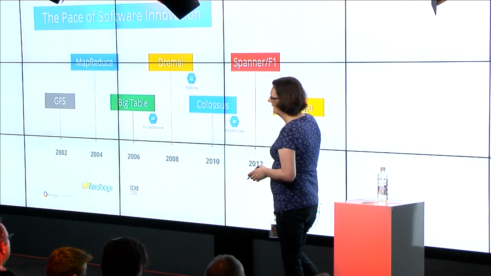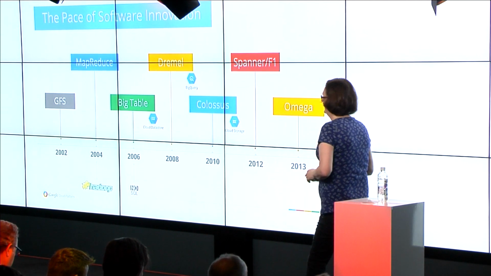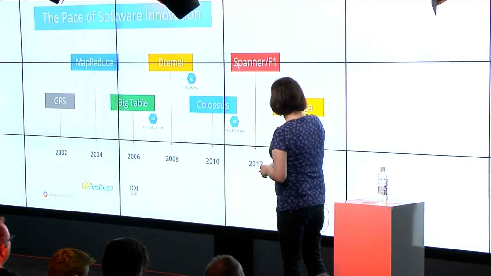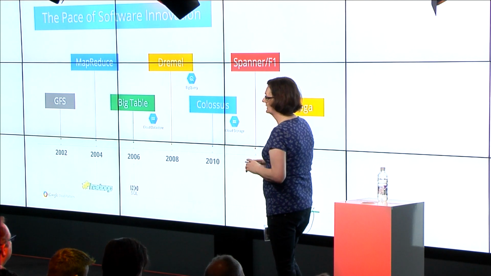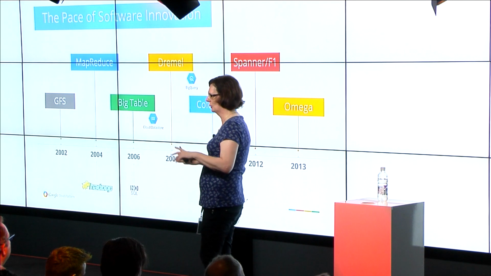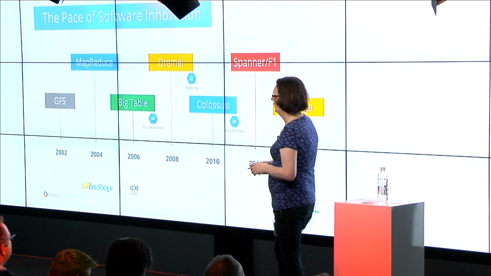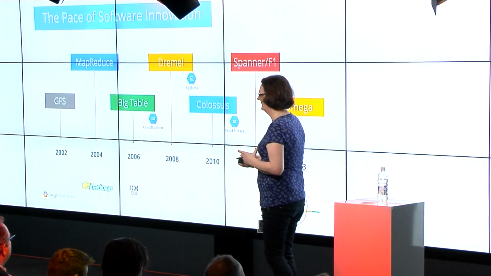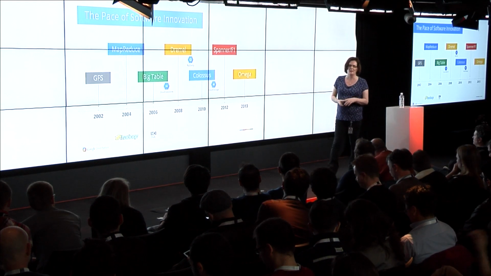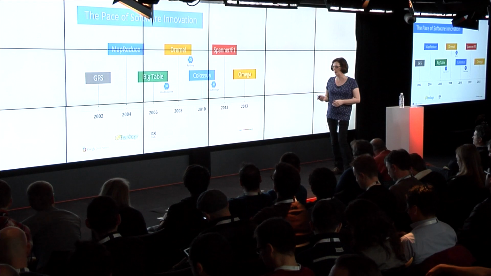Then we have Spanner/F1. F1 is its internal name. It was published as a white paper called Spanner, and this is distributed SQL in the cloud. And then finally, Omega, which is a task orchestrator. If anybody's ever heard of Borg internally at Google, we use this term Borg, and it's leaked out several times, but we have this thing called Omega now, or Omega, I'm not quite sure how to say it. I must have spent too much time in the US. Omega is a very advanced feature that we've introduced recently, which has a white paper too.